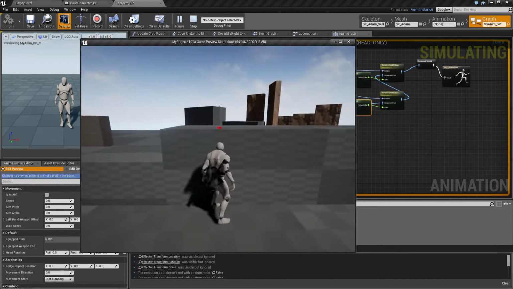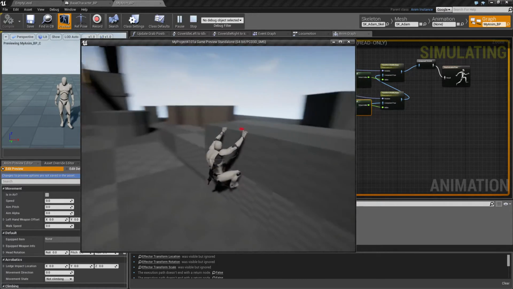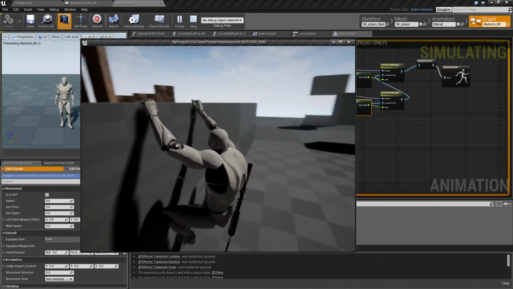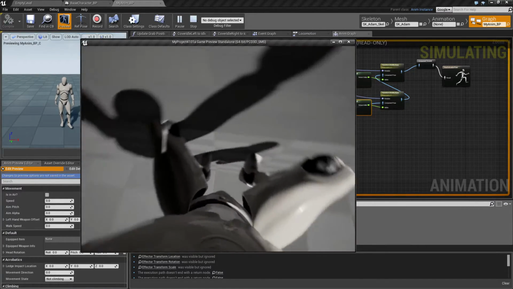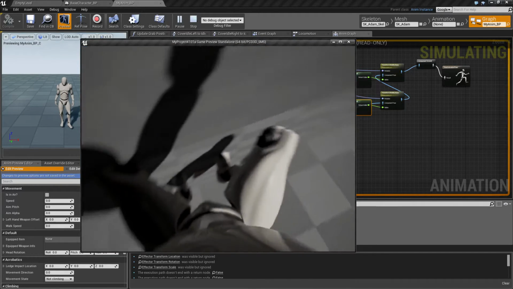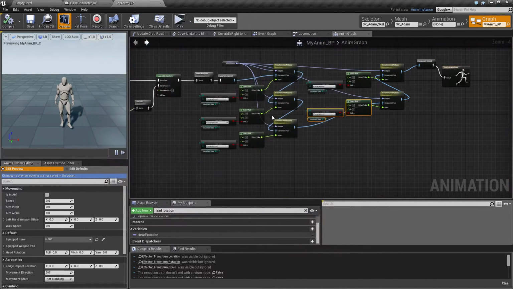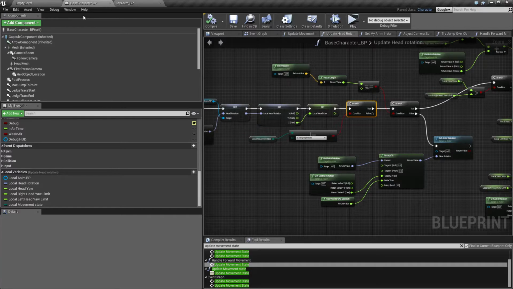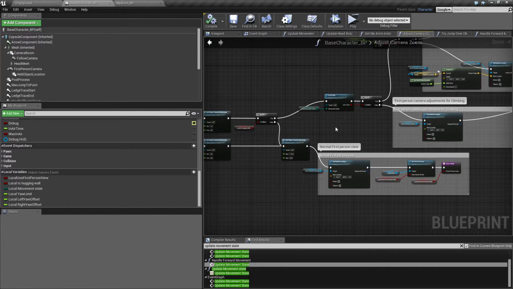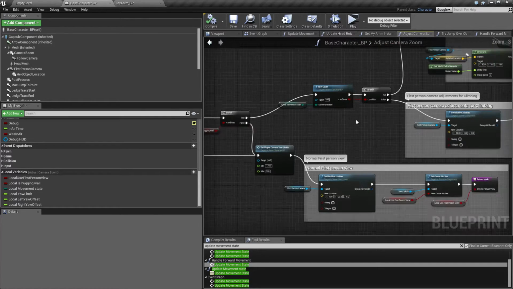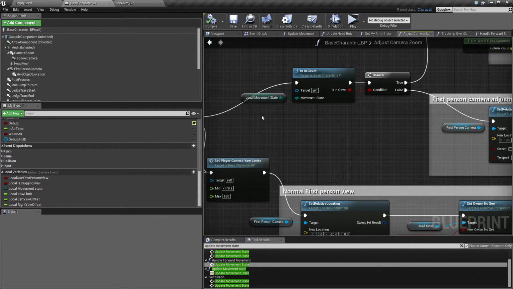So anyway, let's go ahead now. When we turn now, the rotation is isolated only to the head. And in first person, we have an issue with the camera now, though. And we will take a look at that next. So let's go back to the base character. This is actually handled inside the camera zoom. But the thing is, if you haven't set this up exactly as I have, then you want to make a check saying,